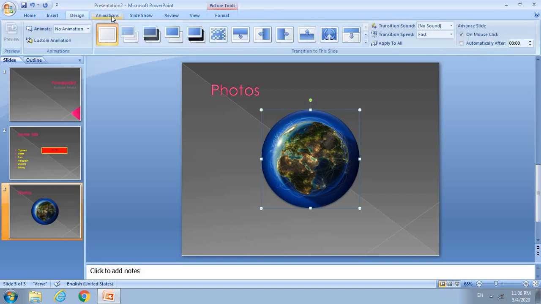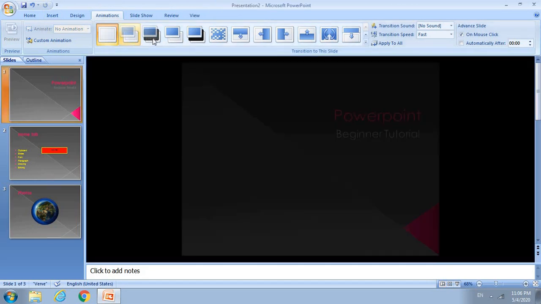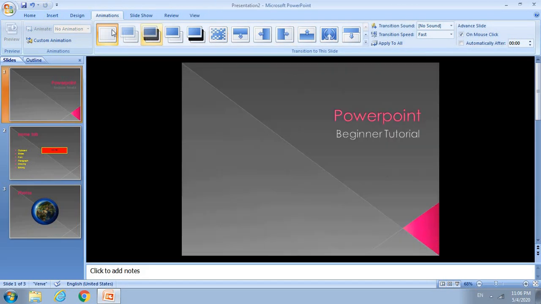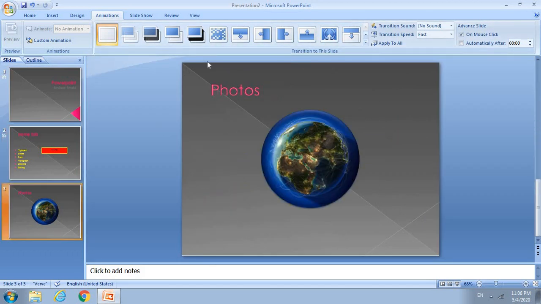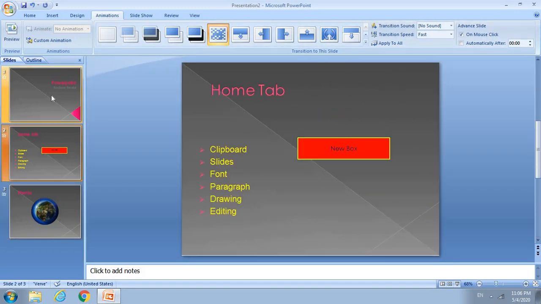Now coming to animation. Okay, now what is this? This is something that you can use to animate your presentation, make it look more attractive, more appealing. How can you do that? Just choose one of these styles. But what you need to do is apply all these animations to each and every slide. Like if we go for this one here, then again here, and then again. So as I go through my slides, they will show me this particular animation.